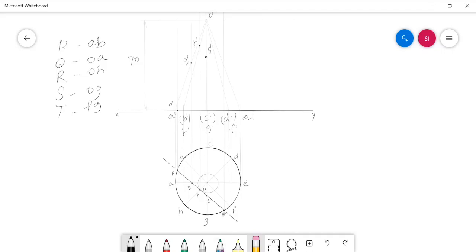And then the cut point T we are projecting towards the front view, and it is to be marked on the arc piece FG in the front view. Here the F dash G dash arc piece is there. So it is intersecting with the projector of T in this part, and here I need to mark the cut point T dash.